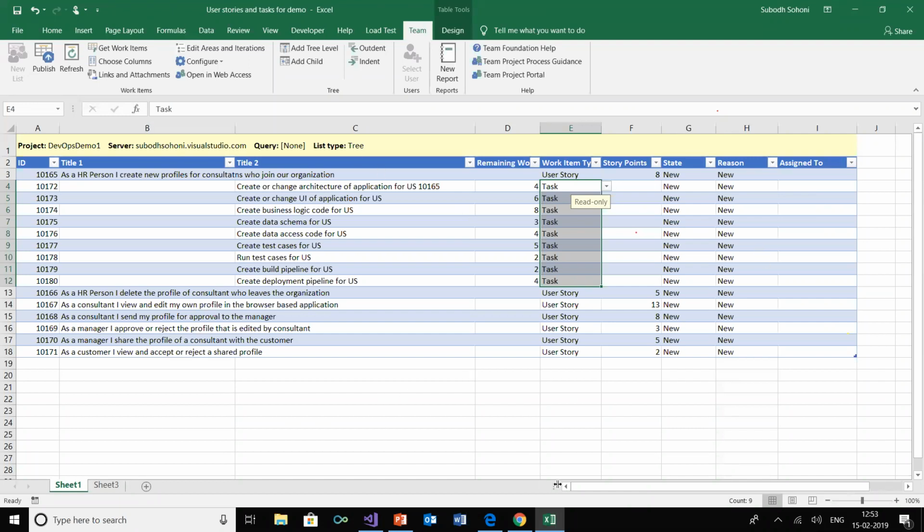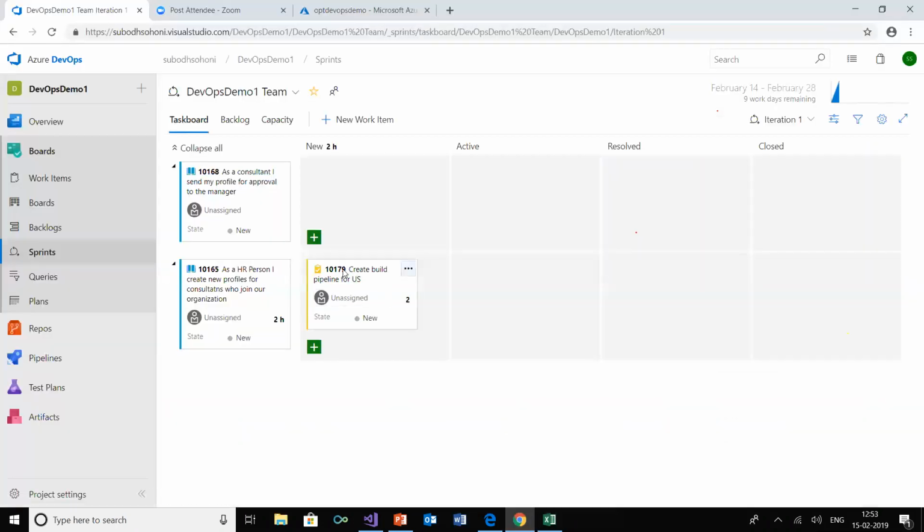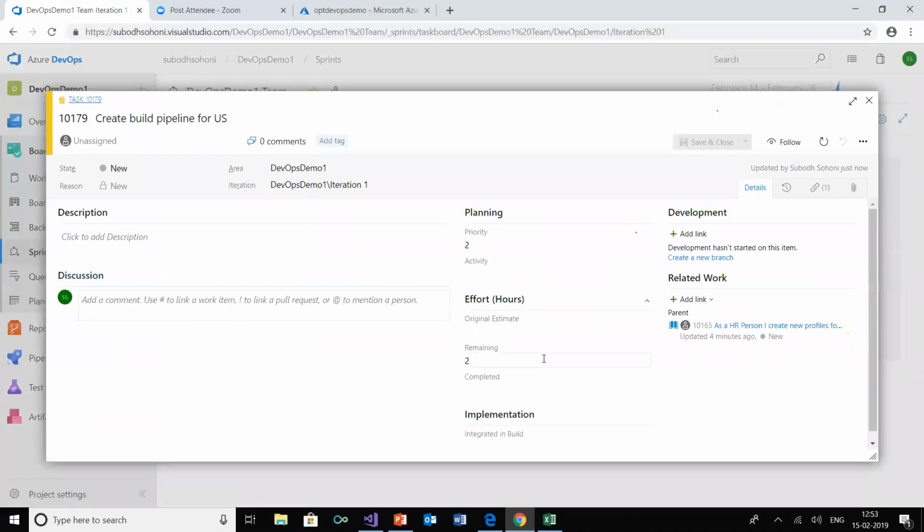Okay, let's say that if I open this remaining work to iteration one,